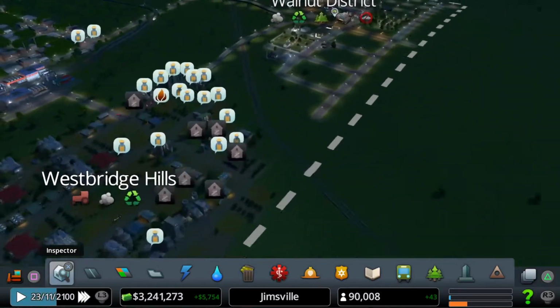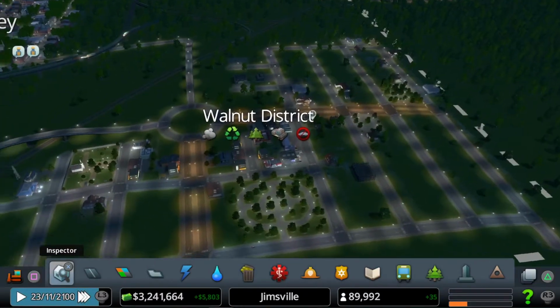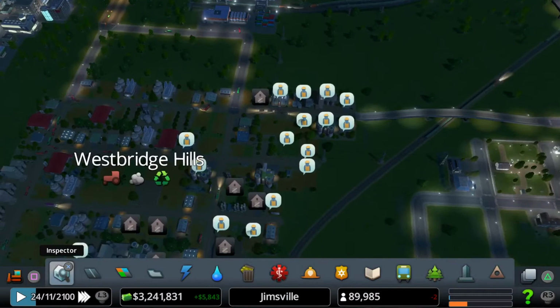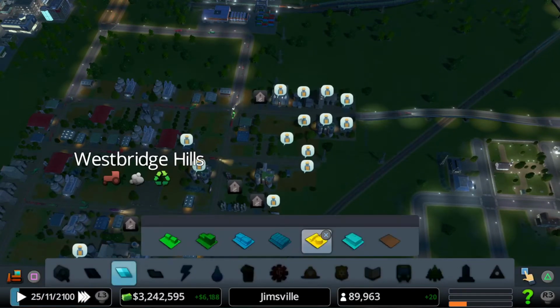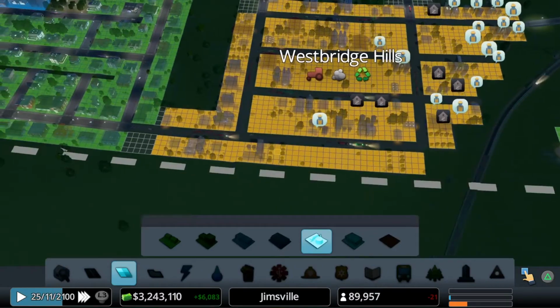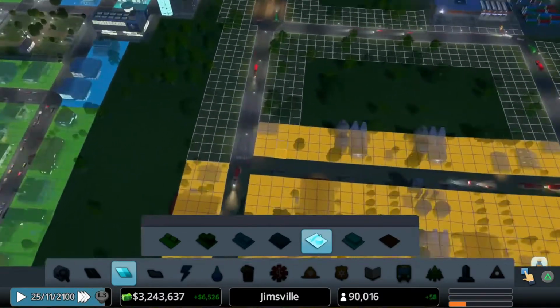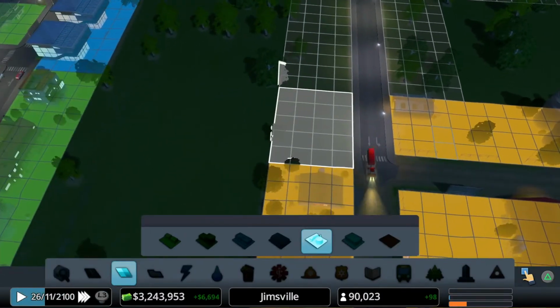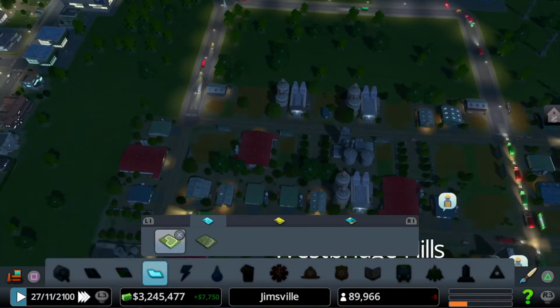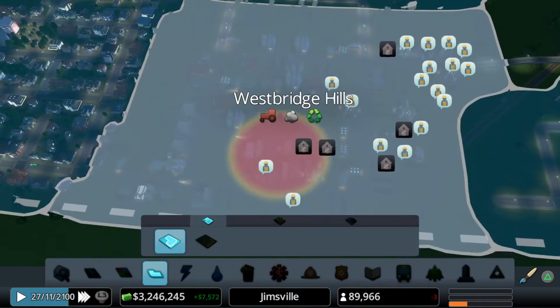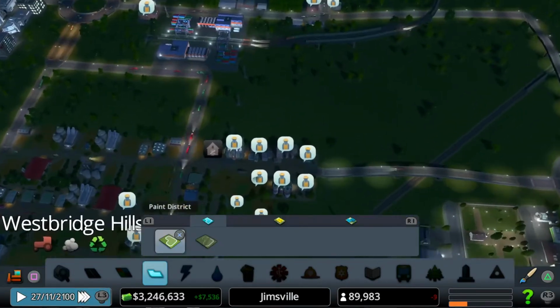So hopefully as more and more people move in to this little area over here, it will improve our farm area over here, and we can even maybe actually bring in a little bit more farmland in a couple of places. I mean, I'll spot just here. Let's just fill that in. Let's check that's actually covered by the zone. It is. Good.